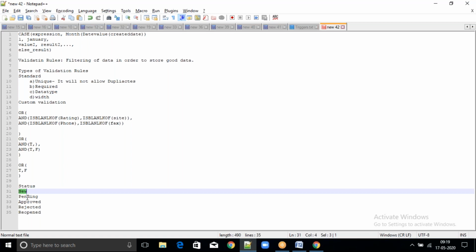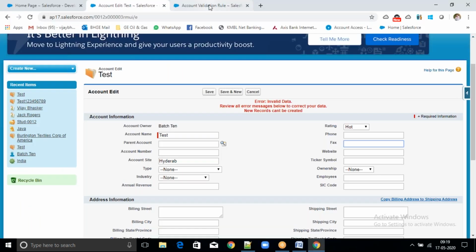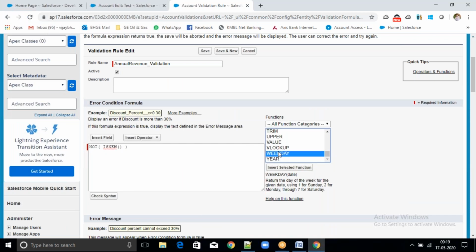Using prior value, we will have one formula. Prior value will return the previous value. And how to get the current value?